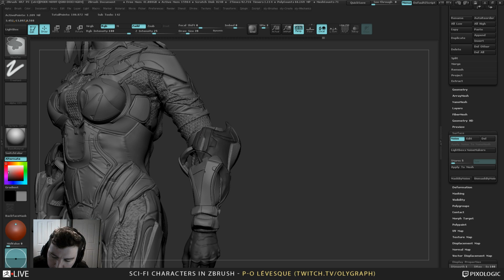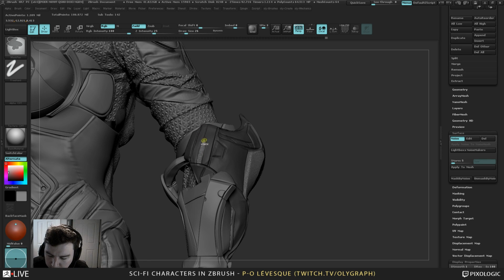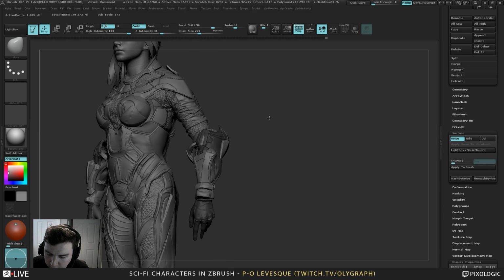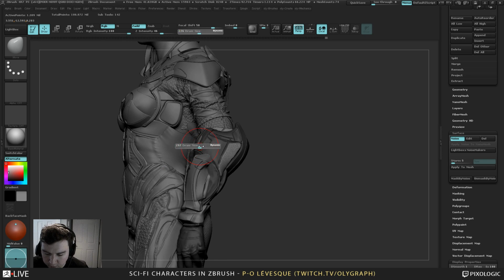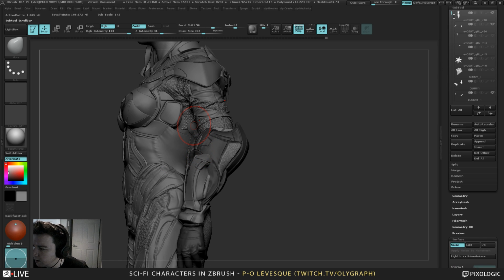Yeah, that ZManager stuff. Yeah, I tried it once. It looks awesome. It's crazy the fact that you can move multiple subtools. I should retry it. It's just the thing that I didn't really like about it was